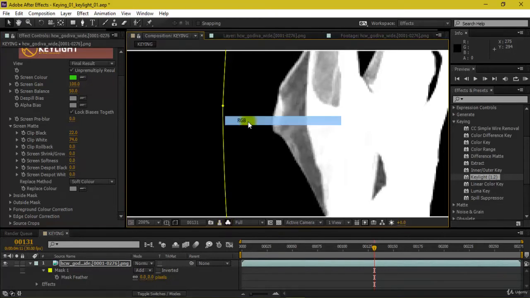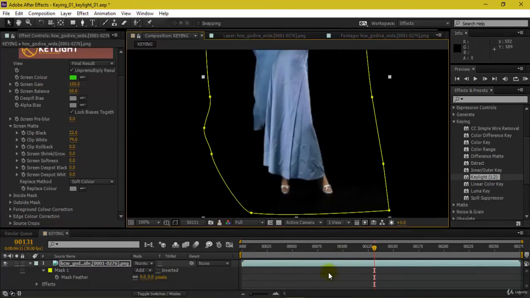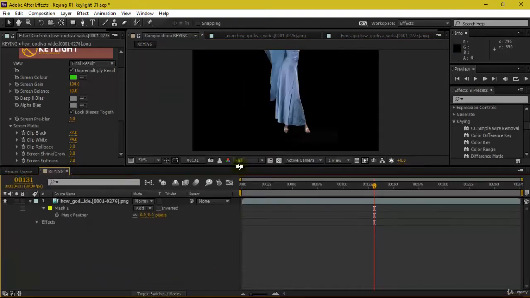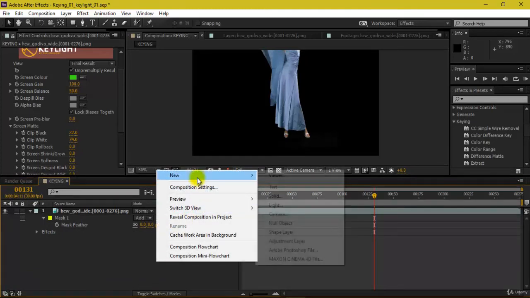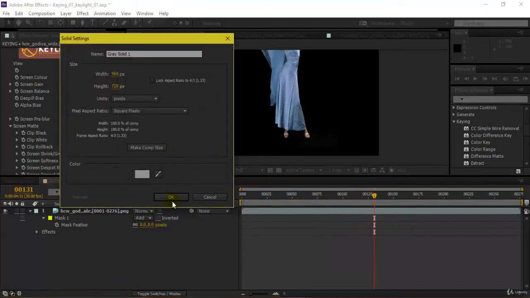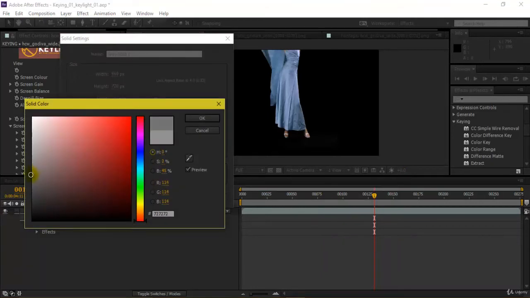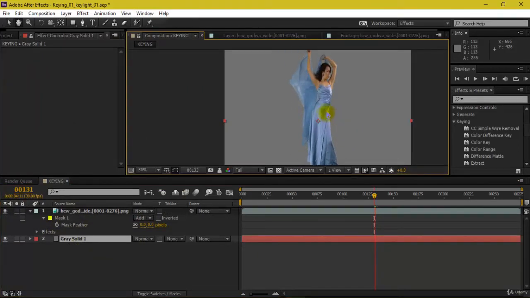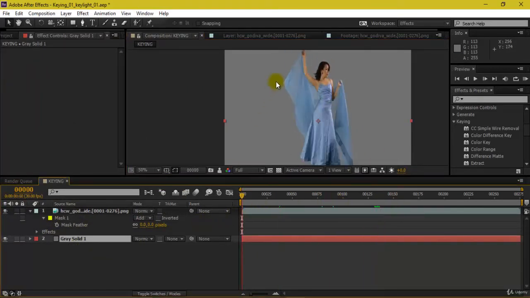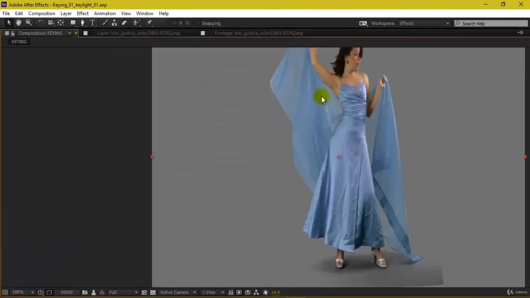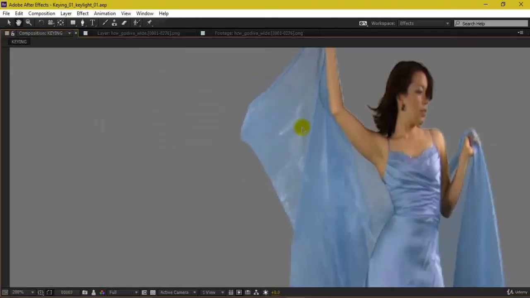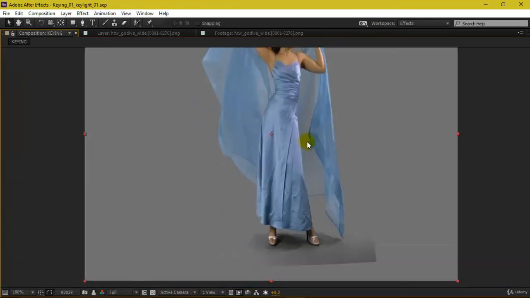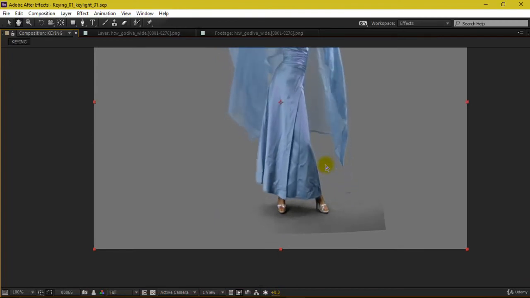Now if I go back to my RGB again, this is what we are getting. Now if you want to check how it looks, you can actually take a solid over here. So just come over here, right click, new, solid. I'll click over here, and this color is fine for me, and I'll drag this down so that I can see what I have got. Just save this file. Now if I zoom in here, this area is actually semi-transparent, and the gray solid that I've taken is very visible, pretty nicely.